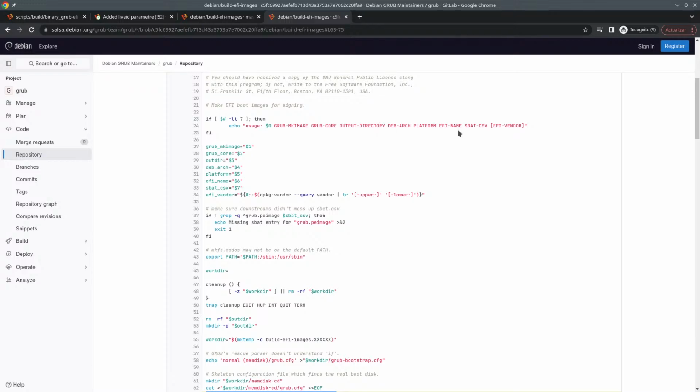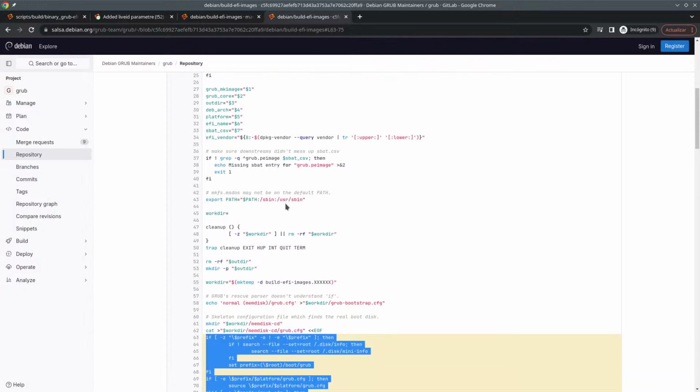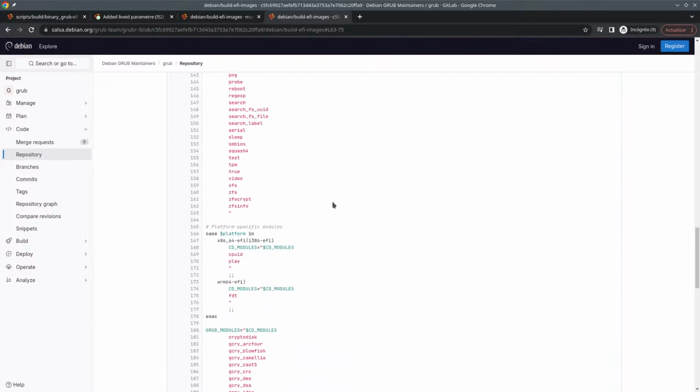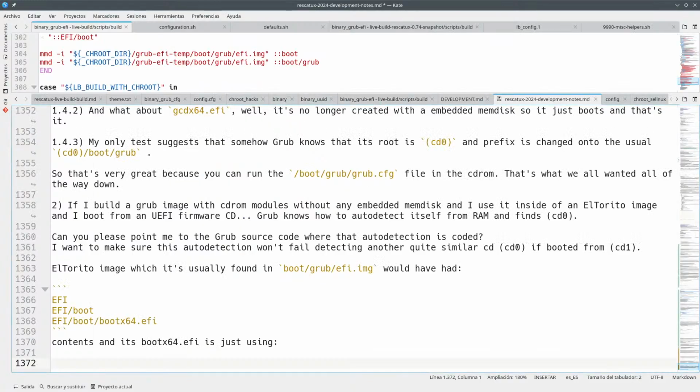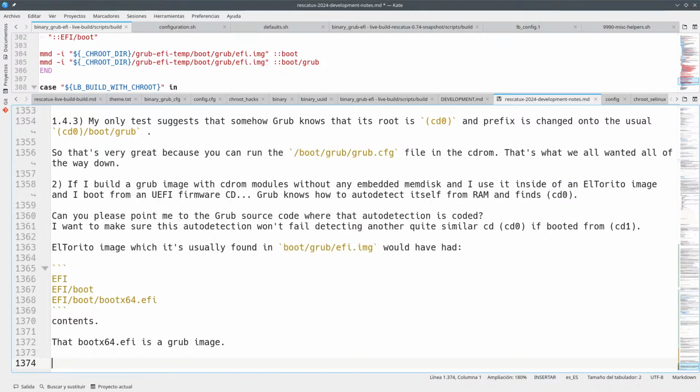Oh my god, why are there so much? EFI vendor, which is Debian. Yeah, too much stuff here for me to run manually. But I don't know. Contents. That is a group image,